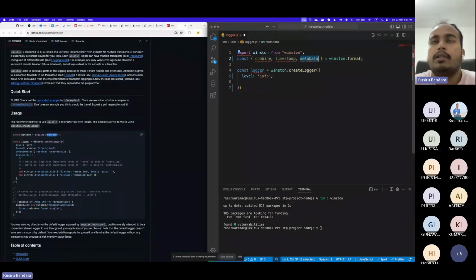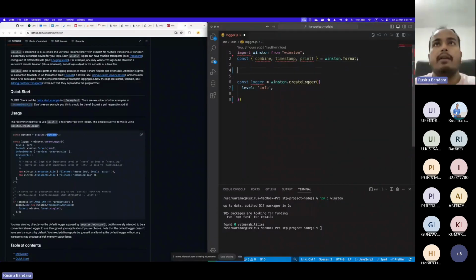Sorry, here it should say printf. Basically, printing the logs to the file or console. So then I'm going to create const